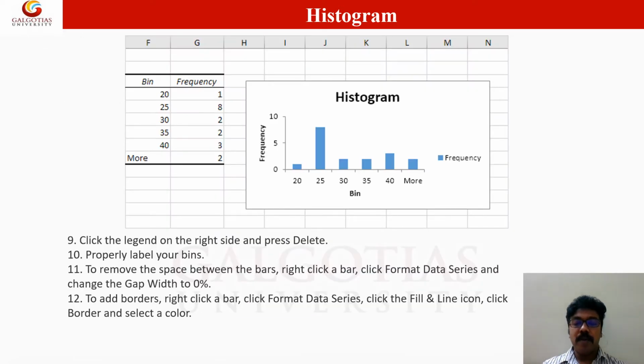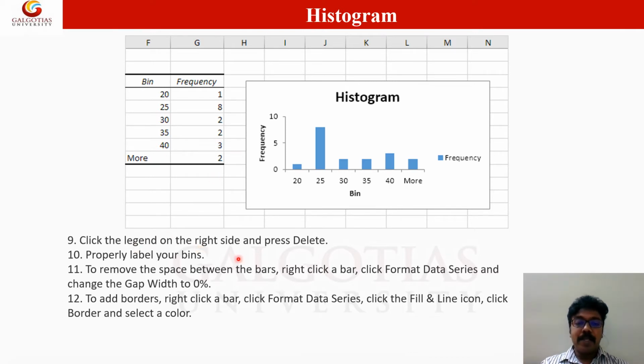After giving all the values, if you click OK, you can get this histogram representation here with these bin values. This is the interval, that is 20, 25, 30, 35 and 40, and the frequency range is given here, you can see. So now you can see the output, the bin values are given here, 20, 25, 30, 35 and 40, and they have mentioned the frequency, the values which lie for 20, for 25, for 30, for 35 and for 40.